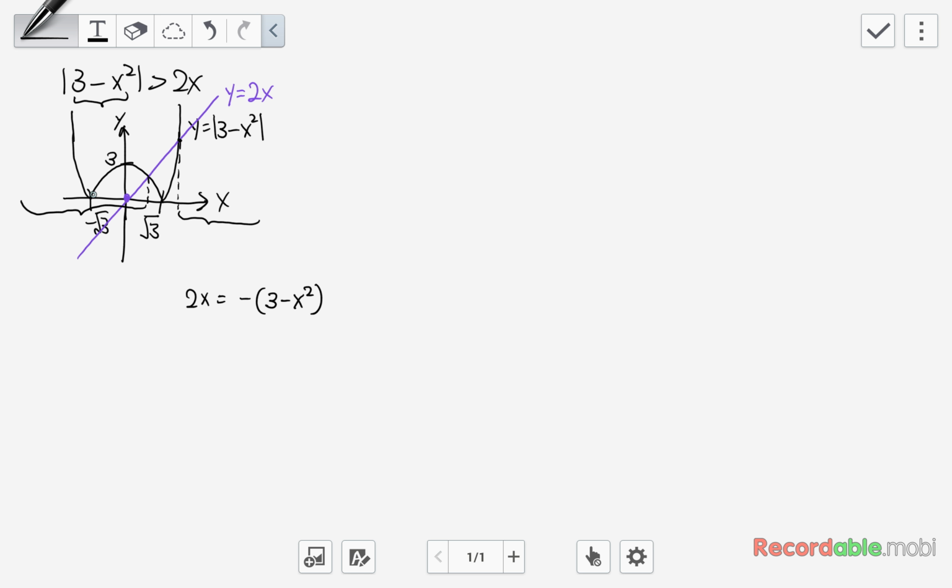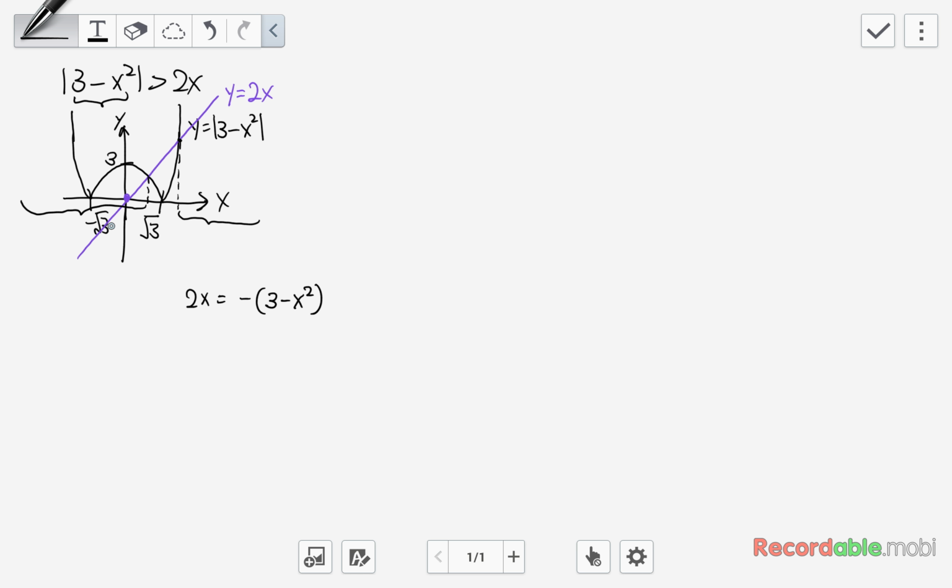You see, it would be this. But realize this modulus has reflected this part upwards. So when you add a negative sign, it has the effect of, when the negative value here, for example, is multiplied by a negative sign, it goes up there, right? So it has the effect of reflecting this part of the graph upwards. So this part and this part of the graph here actually correspond to this